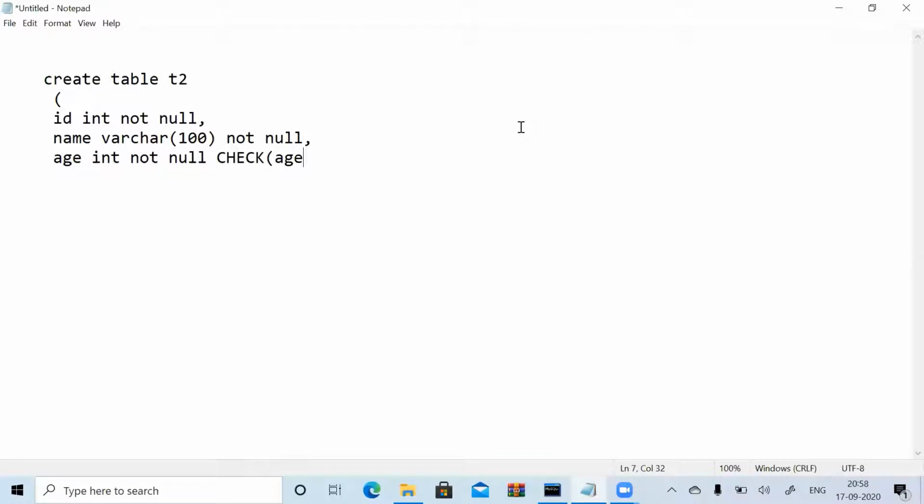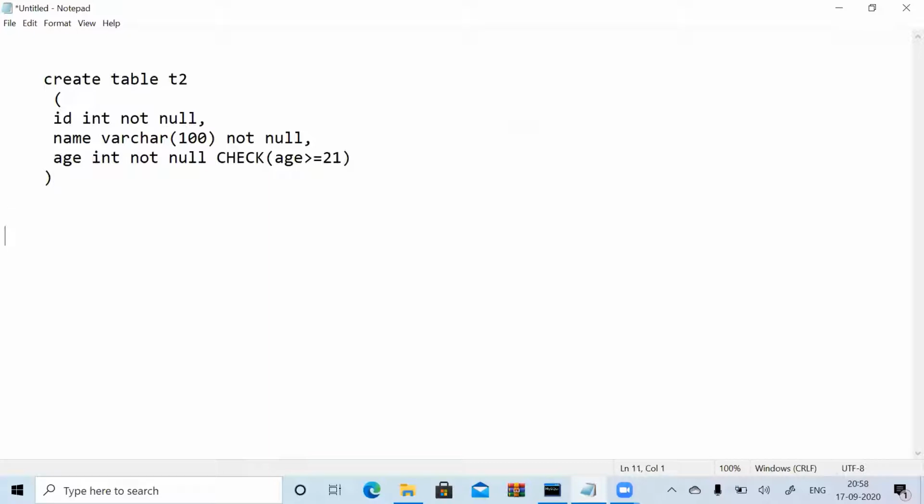Previously, we were discussing a topic called check. So how to add a check? Now I need to check that age should be greater than or equal to 21, and only then do we accept it in my table. Like that, you can give your own constraint. Got it? So that is how you give a check constraint.